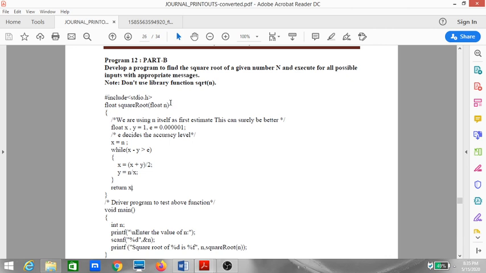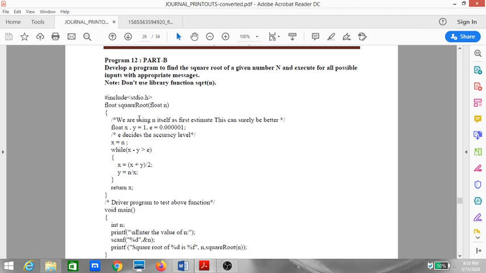The same line followed by a semicolon before the body will make it the function prototyping. So here there is no need, because directly the function body is first and then we have the function call. So from the call, directly the cursor will move to this point, and here you all can see that we are returning a floating point value, and we are also accepting a floating point value.